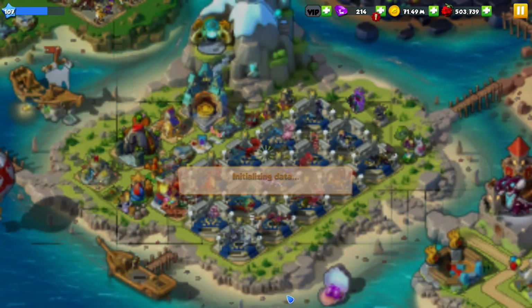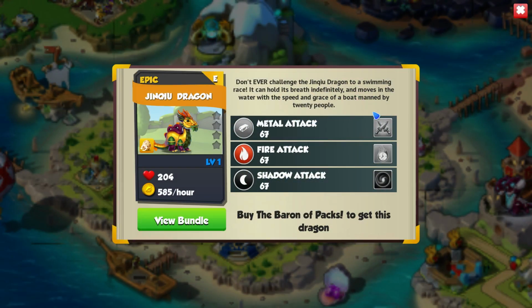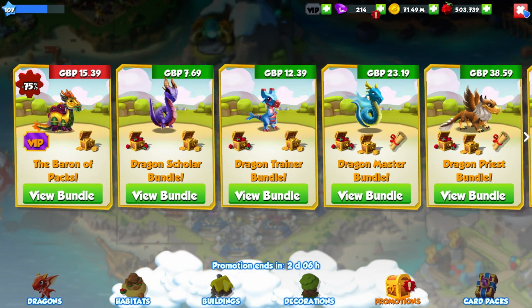And on top of us getting the new event, there are also a couple of very interesting bundles out at the moment. So there is one here, the Baron of Packs for the Jinkyu dragon, which is a dragon that has either never or only been available to purchase once before. And when you purchase this bundle, you get the dragon, you get 3 days worth of VIP, and some gold. And for me, that is £15.39. Apparently on iOS and other devices, it costs a little bit more or less. But the Jinkyu dragon is a dragon that I really do like. He's kind of really oriental looking, like traditional Chinese, but metal, fire, and shadow element makes him a very intriguing typed dragon as well. But interesting bundle, and there's a chance that he may never be available again, so if you want him,